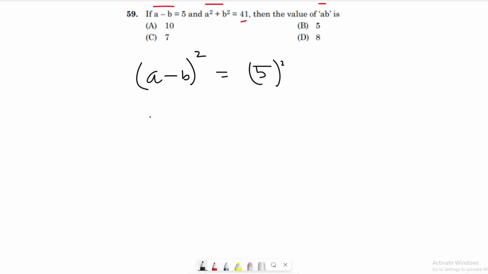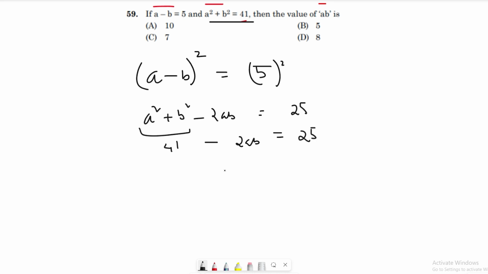Then we square it: (a minus b) whole square becomes a square plus b square minus twice of ab, equal to 25. This is the value. Now a square plus b square value we are already given, that is 41, minus 2ab equals 25. So minus 2ab equals 25 minus 41. If we do 25 minus 41, okay, 11 minus 5 is 6, 3 minus 2 is 1, 16